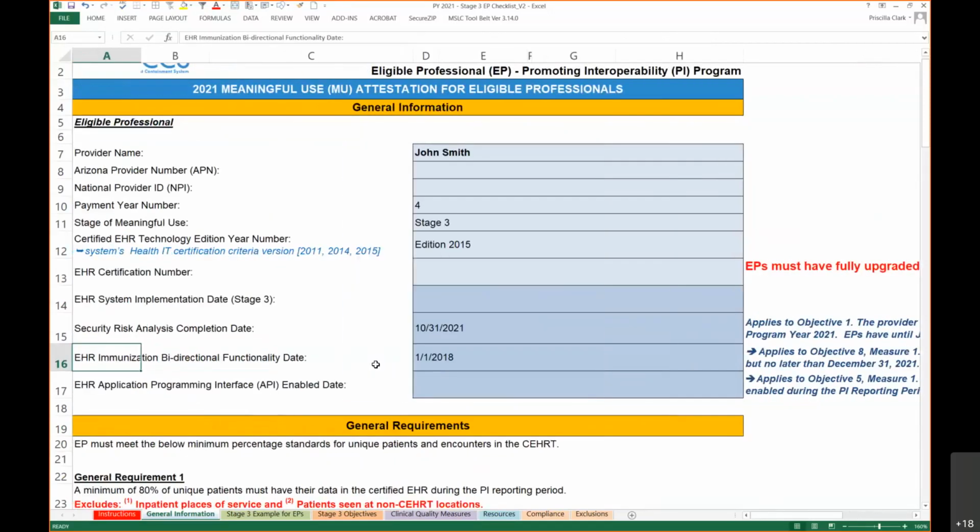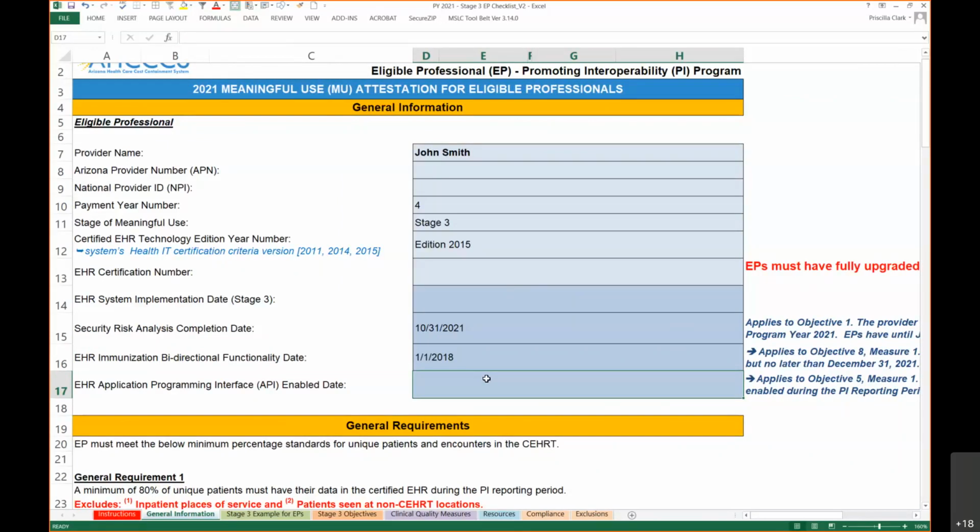Another requirement that's an important date is the API enable date. And so this relates to Objective 5, Measure 1. And as you start to have more questions about this, or say you have a date that should be working, or you think it's a sufficient date, but the Excel spreadsheet's not taking it, there's always information out there. So first off, you can reach out to Access or Health Current if you have those questions, or if there's something you're coming across and you just can't understand a requirement of the program, definitely feel free to reach out